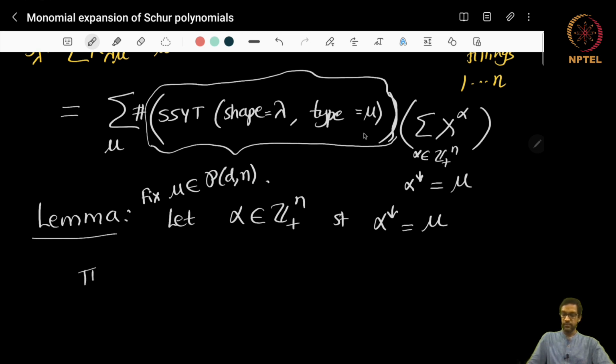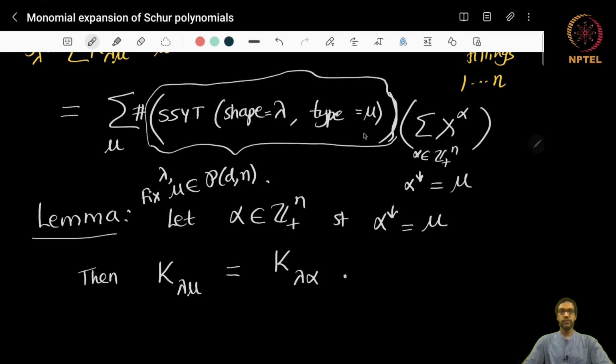Okay, then. So let me also fix a lambda. Then the Kostka number K lambda mu is actually the same as the Kostka number K lambda alpha. Okay, and observe, just think for a moment, you'll see that once the lemma is established, then the corollary is